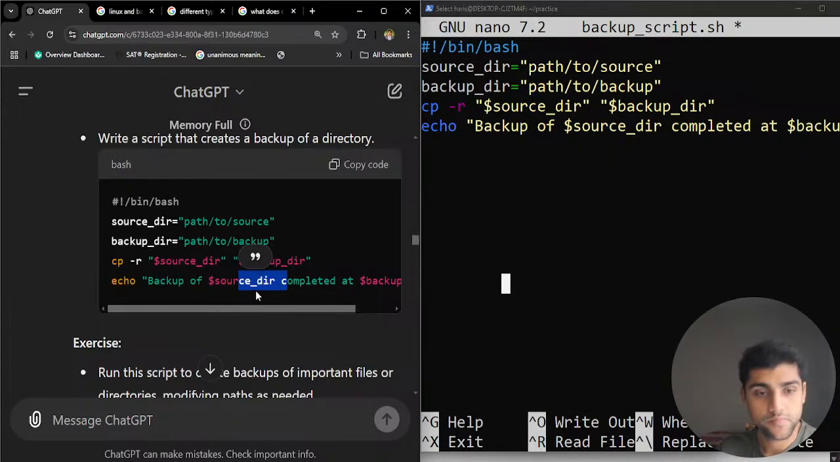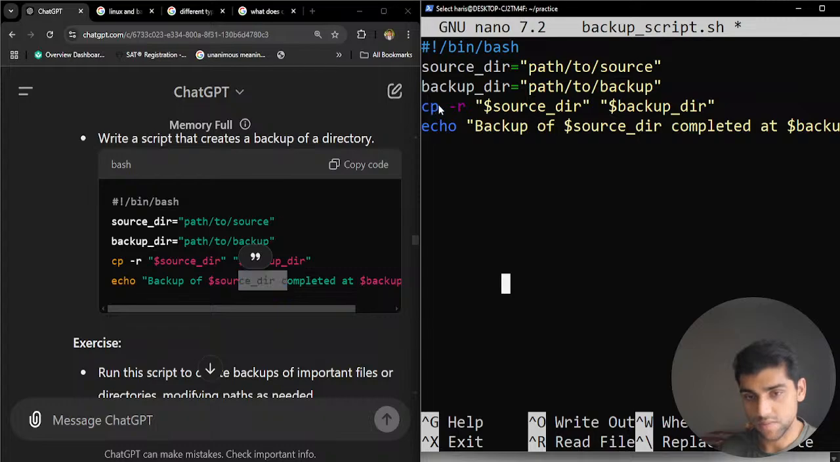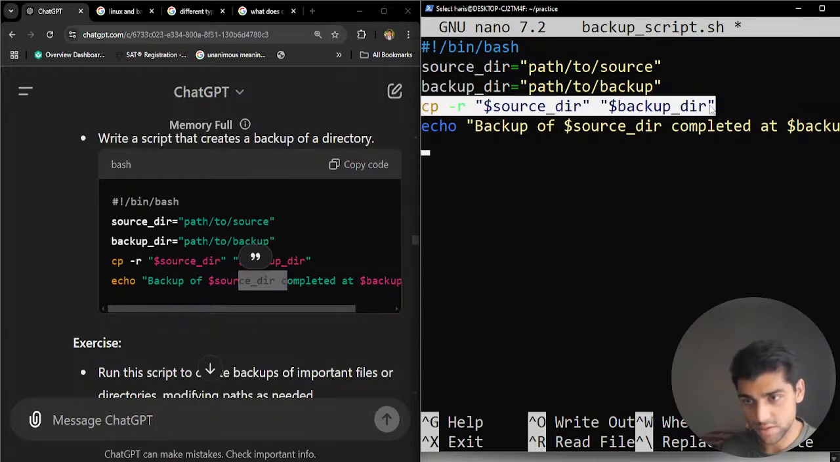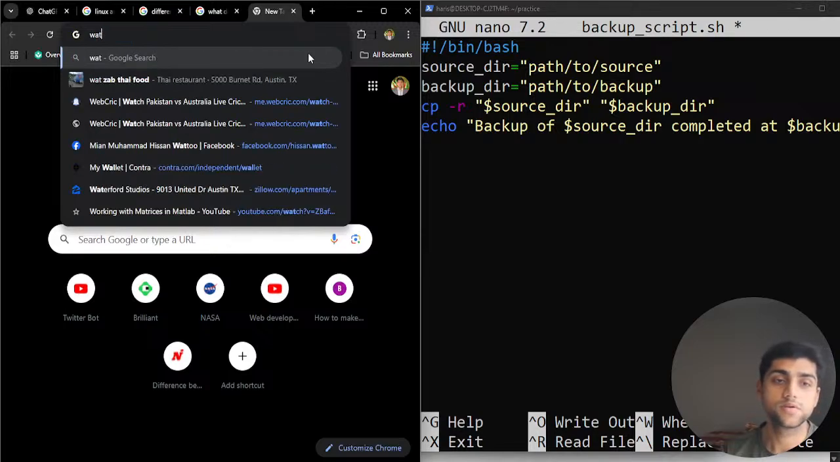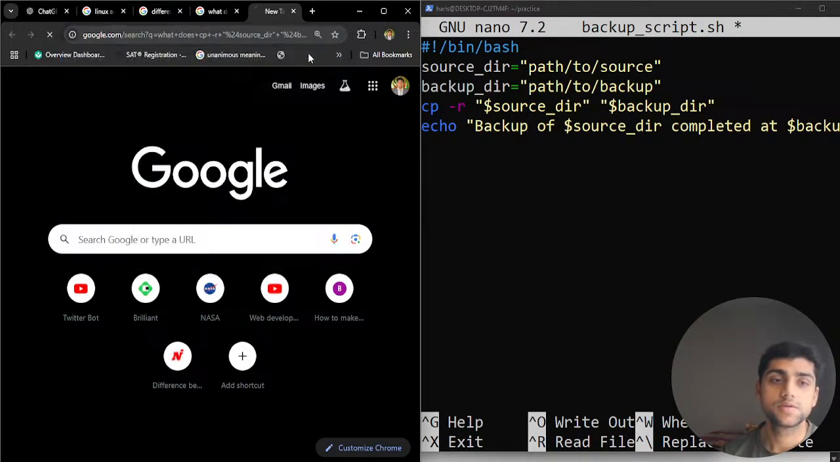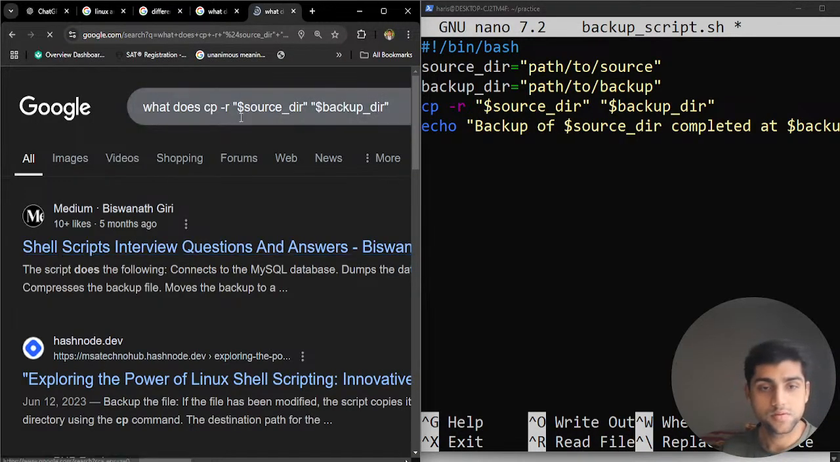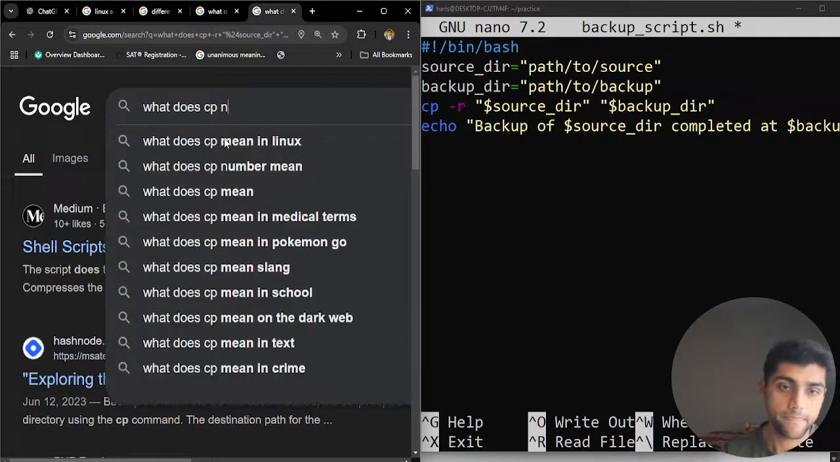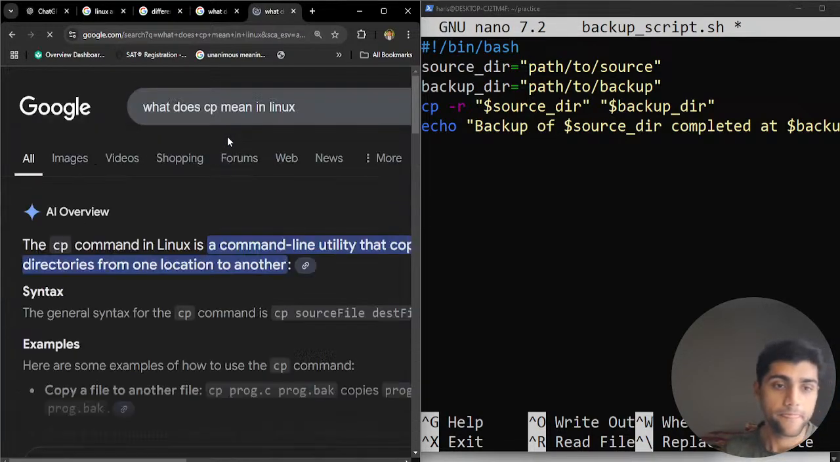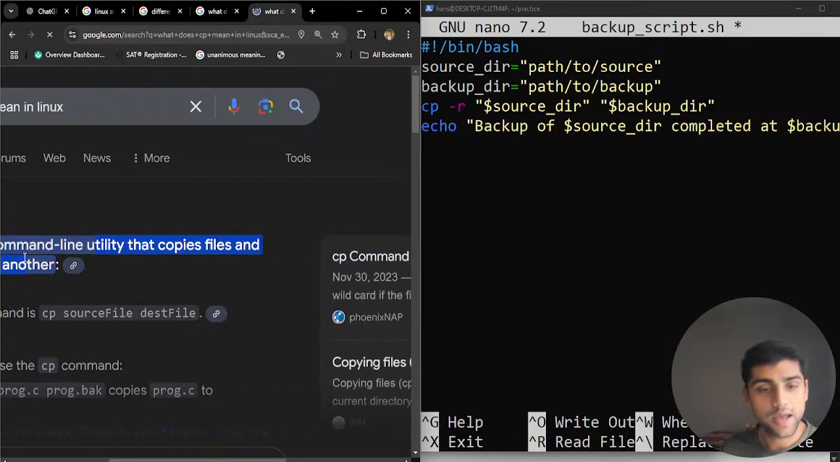So this is just getting a backup of everything, the files and the contents, and it's copying it using cp. I think cp is the copy command, so let me just make sure. What does cp mean? So cp means a command line utility that copies